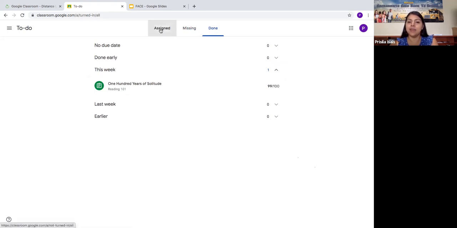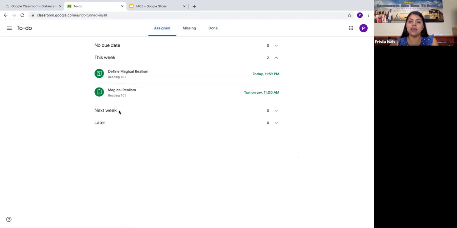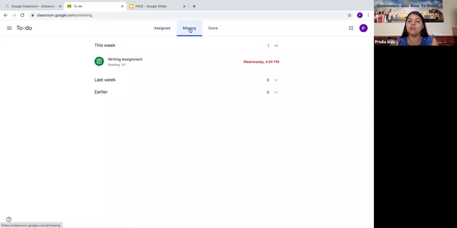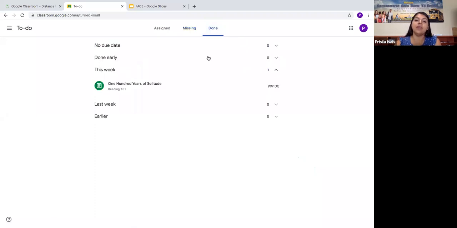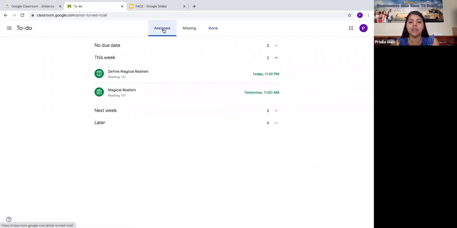Entonces aquí en la primera tenemos las tareas que han sido asignadas. En la parte del medio tenemos los trabajos que no hemos hecho. Entonces aquí en rojo nos indica que esta tarea se tuvo que haber entregado el miércoles antes de las 4:59 y no la entregamos. Y aquí tenemos el trabajo que ya se entregó y en este caso el maestro o la maestra ya nos dio una calificación. So if we go back to assigned,